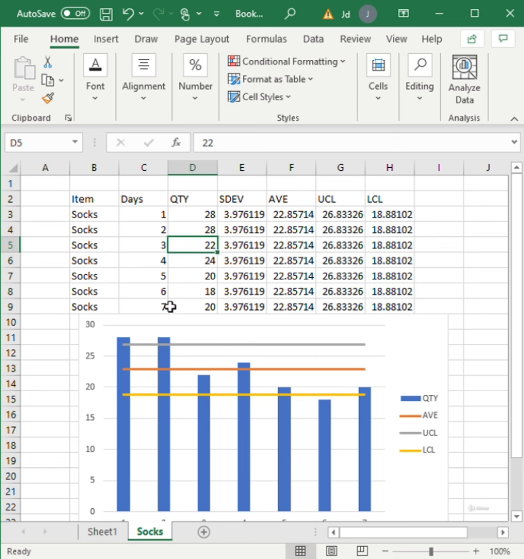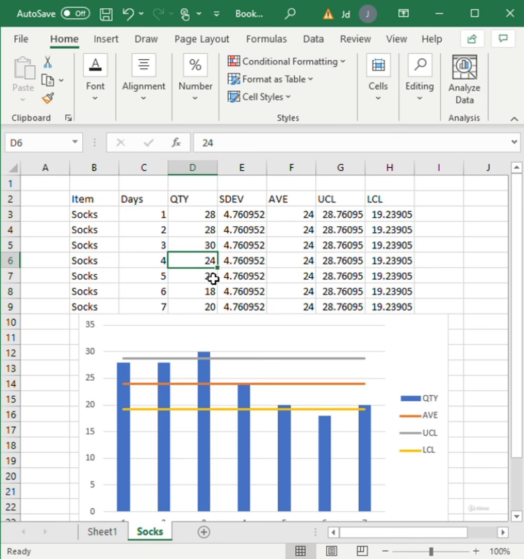Let's say the next day it stayed at 28. We've started to notice we might be running out of space, because previously everything fitted in, but maybe the 28 pairs of socks might be out of space. Let's say we've added in more socks. With the addition of more socks, the 28s could fall within our control limits and there was enough space, but 30 might be a bit too much.